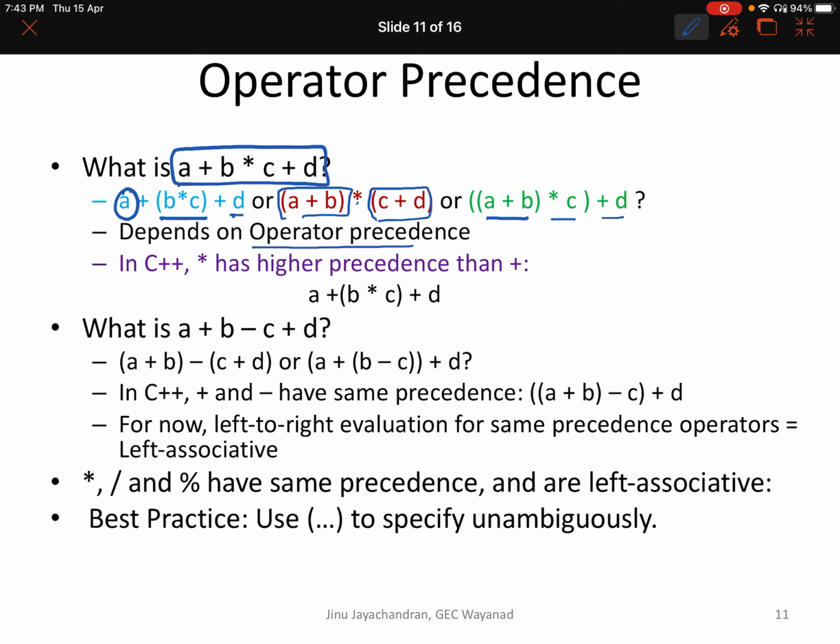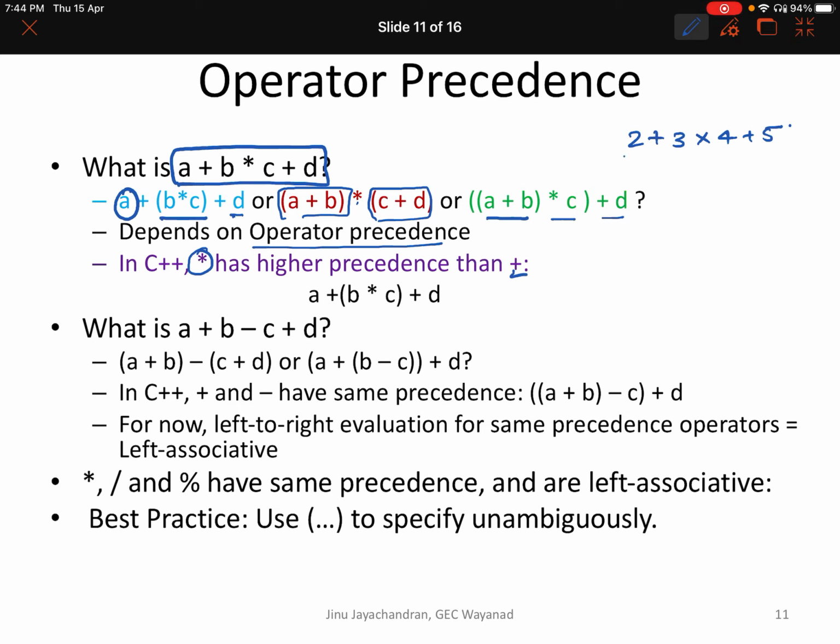It depends on operator precedence. In C++, star has higher precedence than plus. Precedence means priority. In maths, if I do 2 plus 3 into 4 plus 5, what's the result?